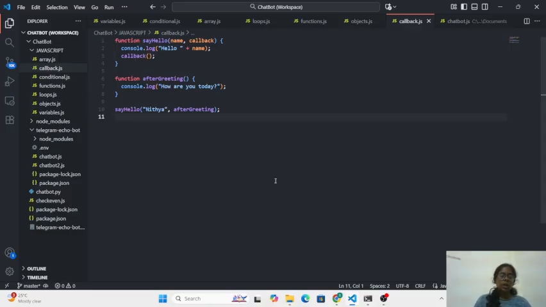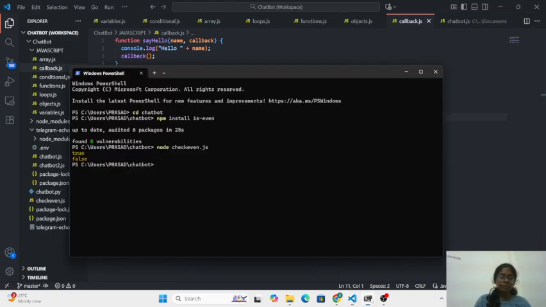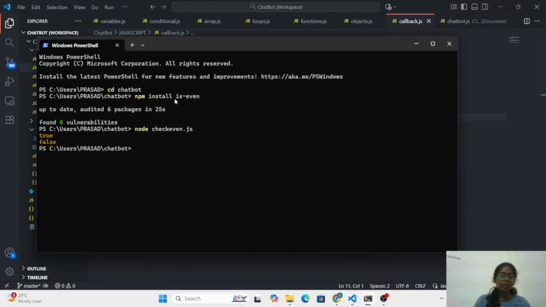Then to install external packages, we use npm, which is Node Package Manager, to install external libraries or packages. So we open the terminal and type npm install easyven. It is a package, so it will install it. Then to check, I have already written a program which is checkevent.js, so I run it and it shows the